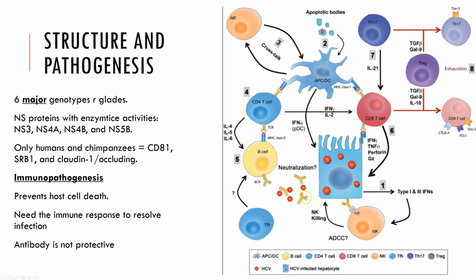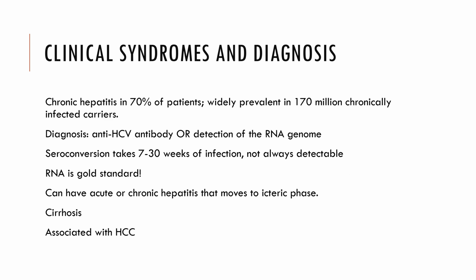The antibody is produced, but it's not really protective. So even though we can use it as a diagnostic marker, it's not doing much for us. Chronic hepatitis is going to be what happens in about 70% of patients. Diagnosis is made by anti-HCV antibody, or, and this is kind of gold standard,